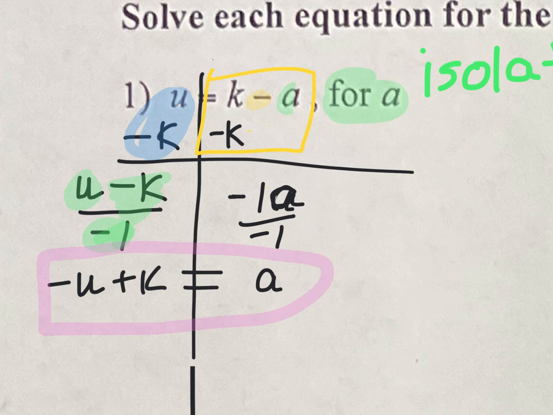All you are doing is simply taking the equation and rearranging it. That's a good way to think about it. You're not really finding a solution. You're just taking the letters and moving them around to get the variable isolated that it asked you to isolate. I would always go back and do an extra step if I were you, and check to make sure that I have the same letters I started with, because you should, to make sure you did it right. So I started out with a U, a K, and an A. Do I have a U, a K, and an A in my final answer? Yes. So the odds that I messed up are at least a little bit smaller. Like, you're not doing anything